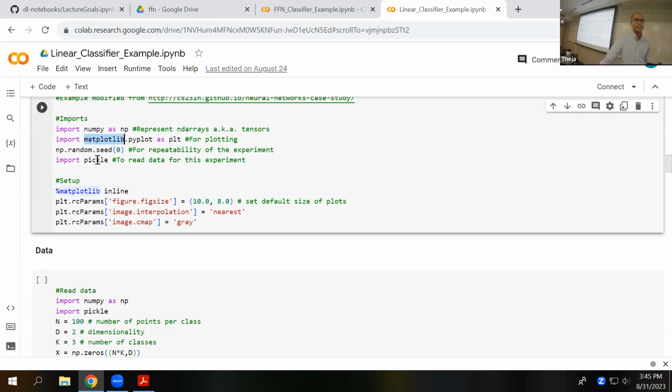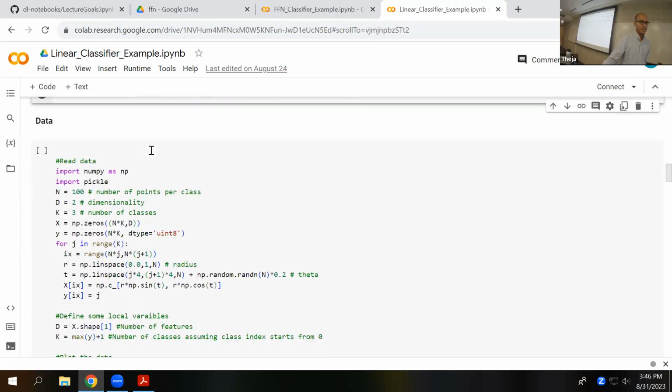Similarly, other imports, like what is pickle? Pickle is a way to serialize a NumPy object to disk. Serialization just means taking objects in memory, as in your RAM, and writing them to disk, so that maybe you turn off your laptop and next time you want to read the same object, it's easy to do. Instead of writing to a CSV file and explicitly opening a file and writing something, you can use the pickle library. Okay, so let's actually see